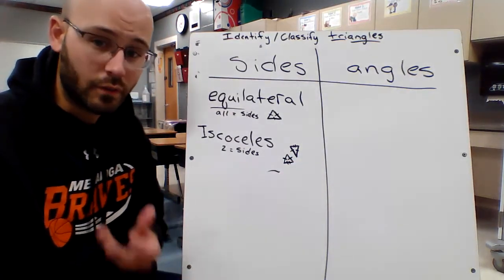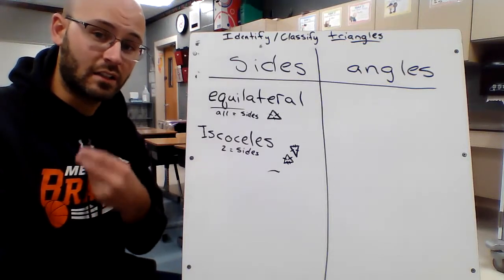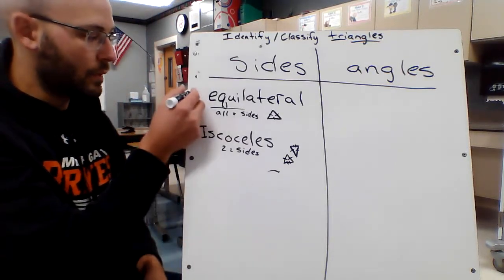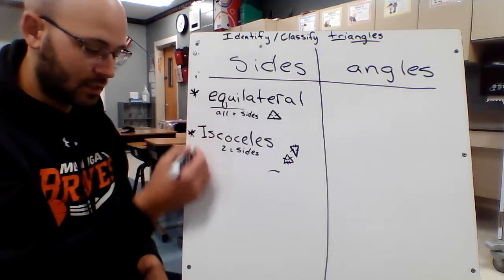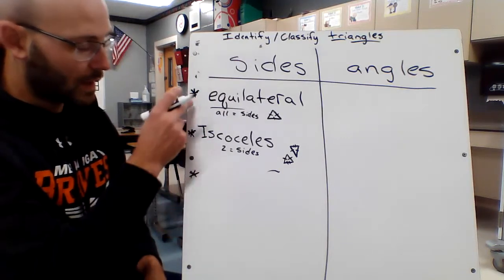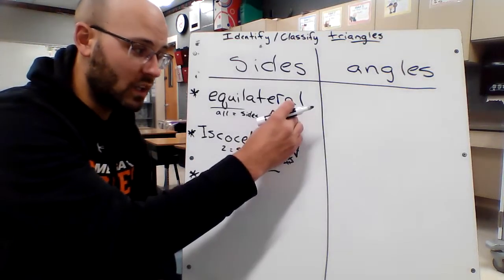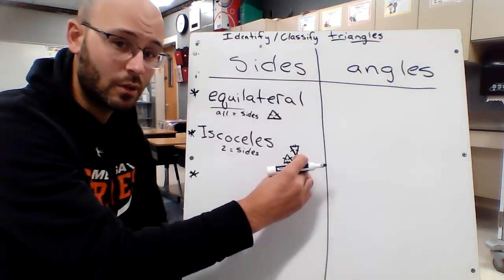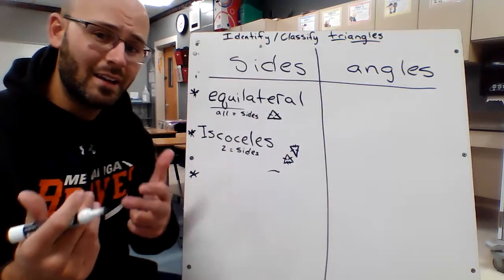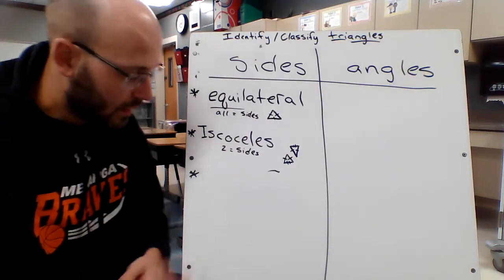As long as 2 of the 3 are equal, it's called an isosceles triangle. So we got 1 way, 2 ways, and I said there would be 3 on each side. Here's the 3rd way. We have equilateral, isosceles, and the only option that's left: equilateral is all equal, isosceles is 2 sides equal, but if none of them are equal, it's called a